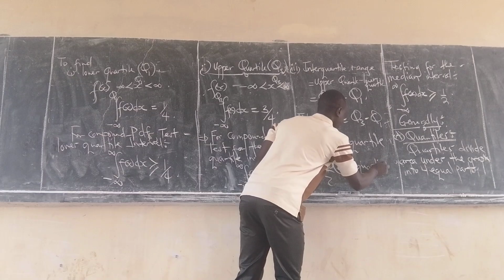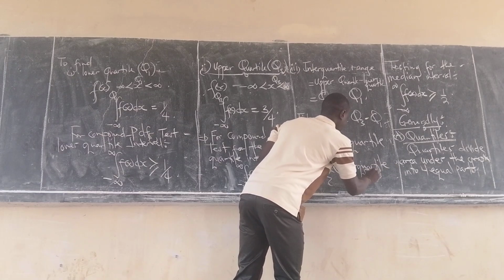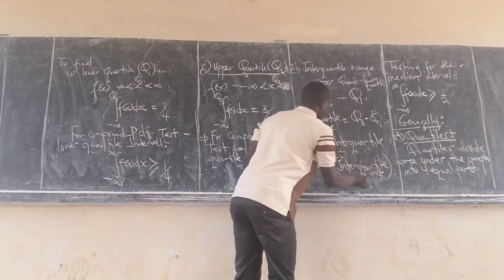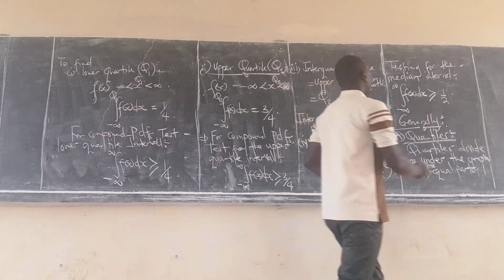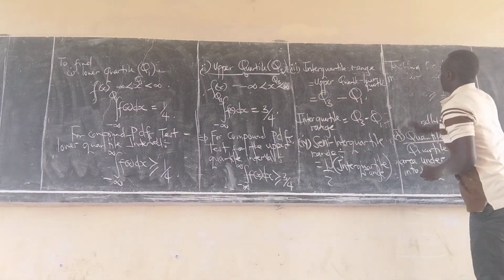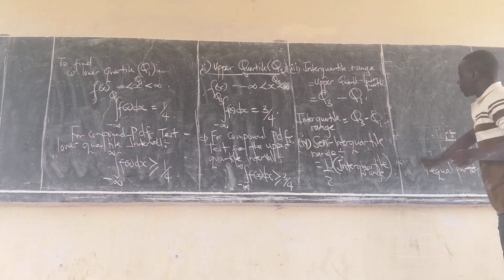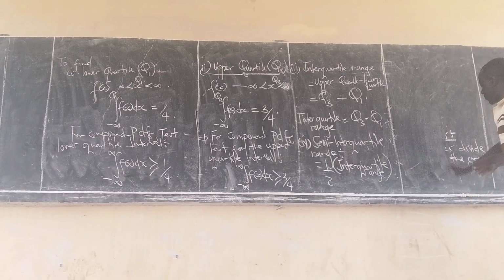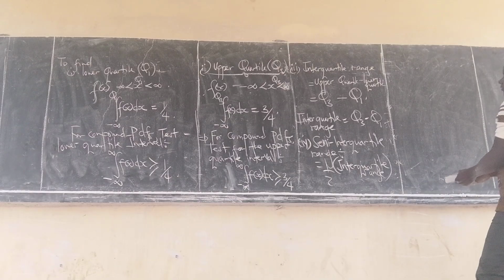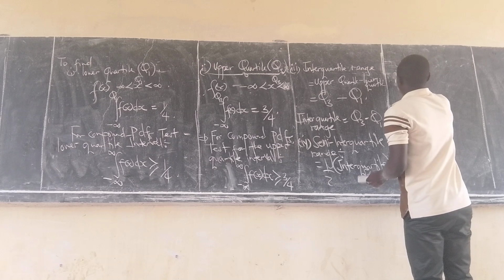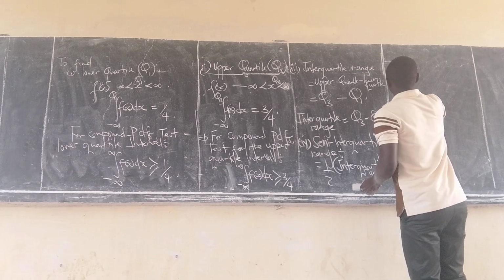The semi-interquartile range is half. Like here, the word semi divides the interquartile range into two equal parts. So the semi-interquartile range is half of the interquartile range, and therefore our semi-interquartile range